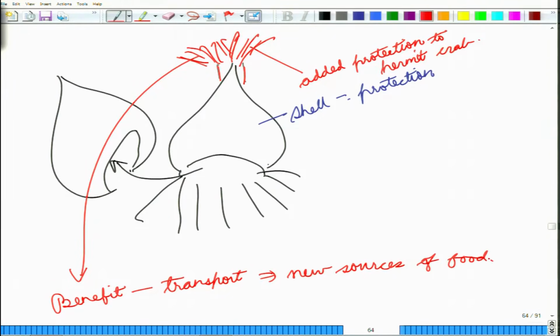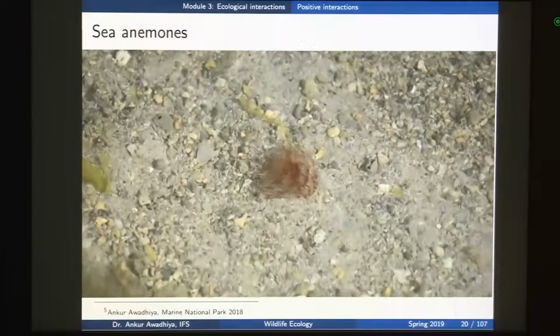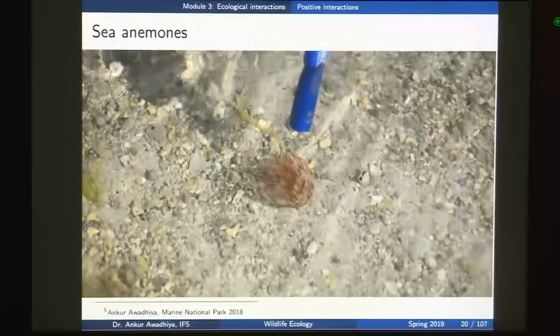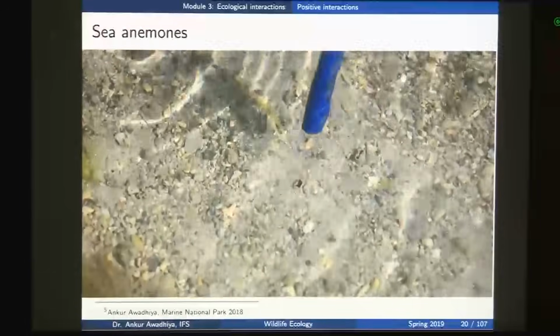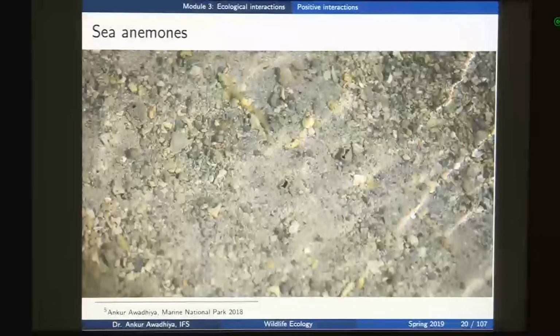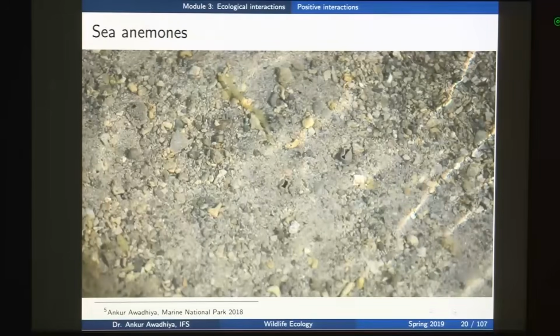So, in this process both of these organisms are getting benefit out of each other, and so this is also an example of proto cooperation. Now, why is this proto cooperation? Because you can have hermit crabs that live without a sea anemone on their top, and you also have sea anemones that live without a hermit crab. So, this sort of relationship is not essential for their survival, but in this relationship both the organisms are